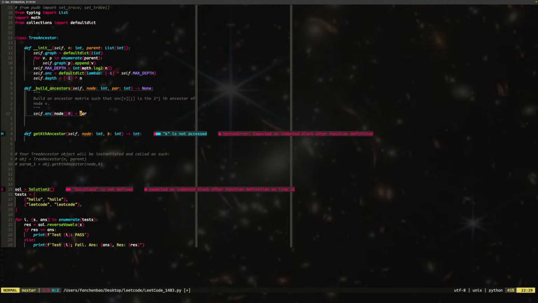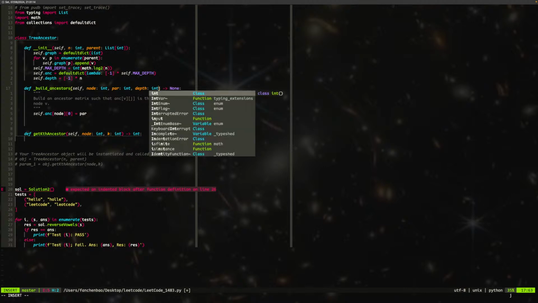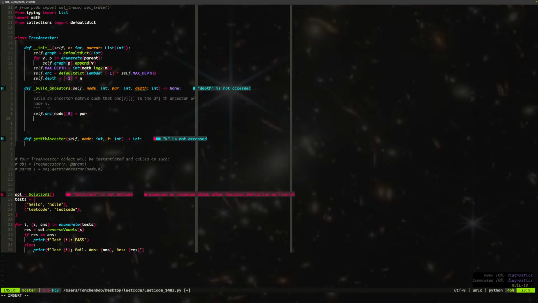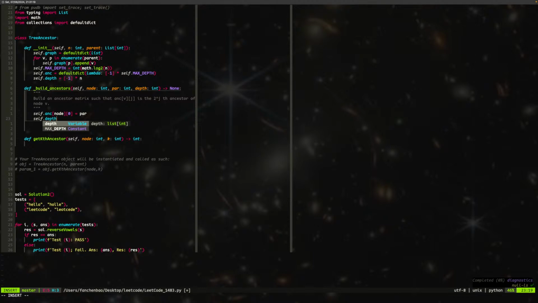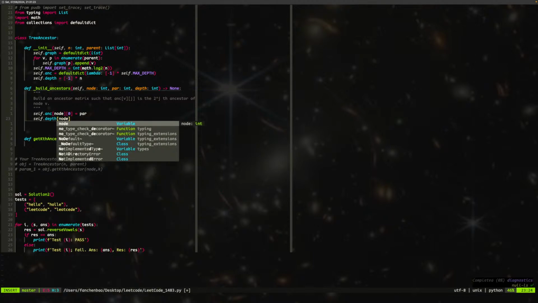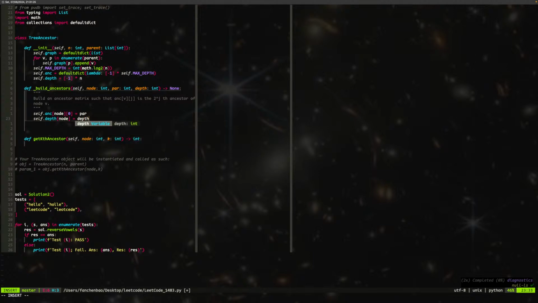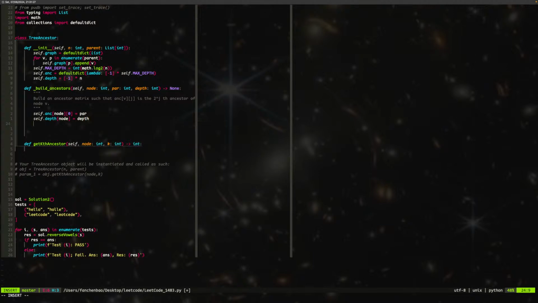Okay. This is the ancestor. And then depth, I probably need to also pass depth. Okay, so if that's a depth, then we can say